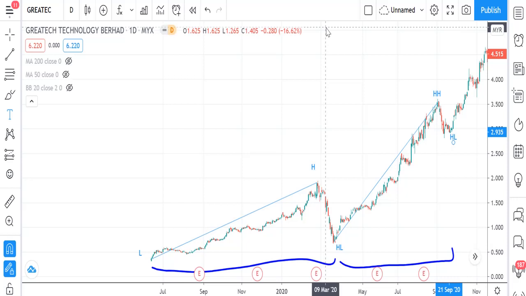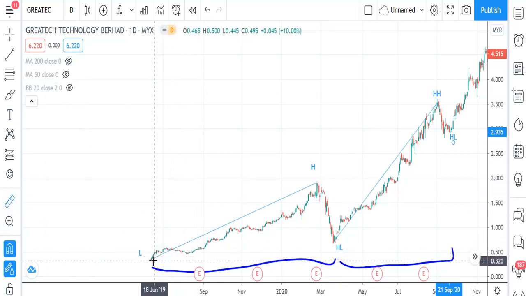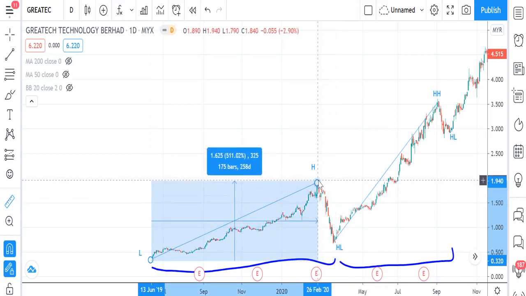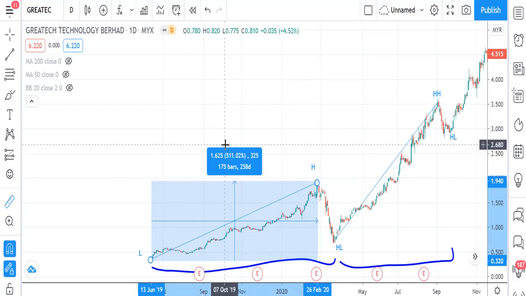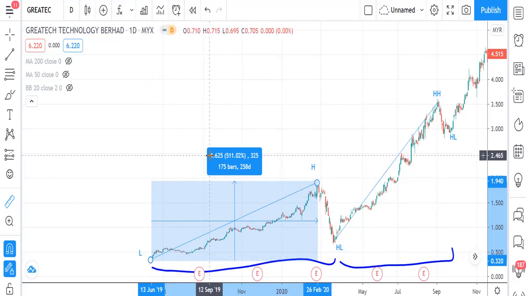Once we identify strength, then we can look at whether it has got power in it. Is the strength powerful enough to break the previous high? Now how do you identify that? Here we have a tool called a ruler, so we can use this ruler. We start from the low here and drag it to the high. If you look at it, the difference between the low and the high here is actually